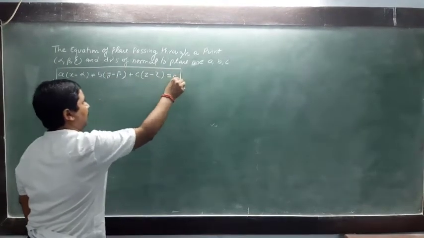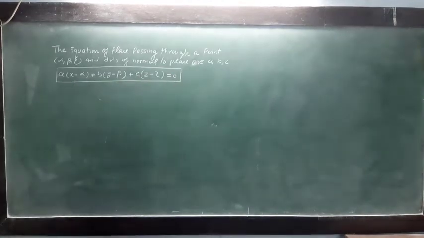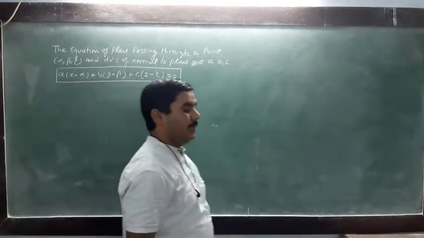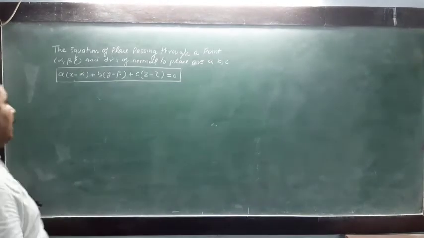This is the equation of plane which passing through a point alpha beta gamma, and the DRs of normal to the plane is A, B and C. Now the angle between two planes,